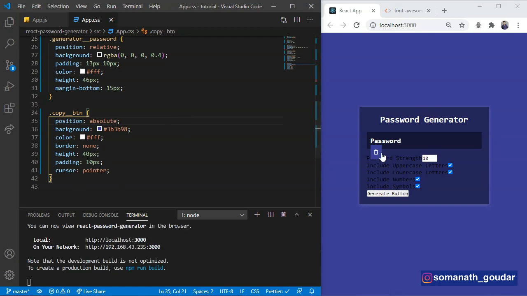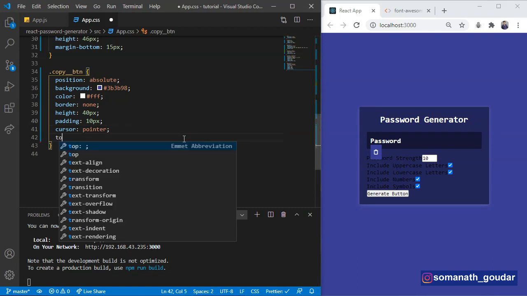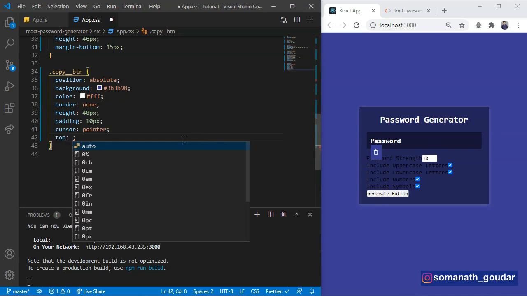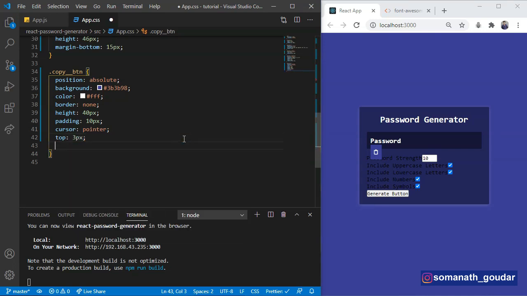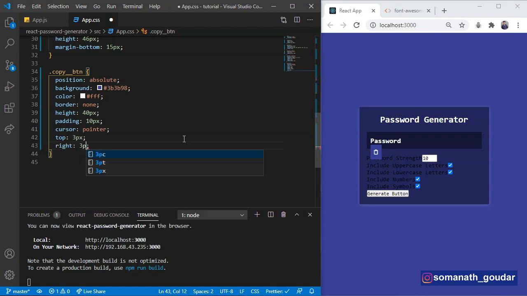Let's save, and now we are going to align it correctly. Let's say I need it from the top 3 pixels and to the right 3 pixels. Yes, now it is aligned perfectly.